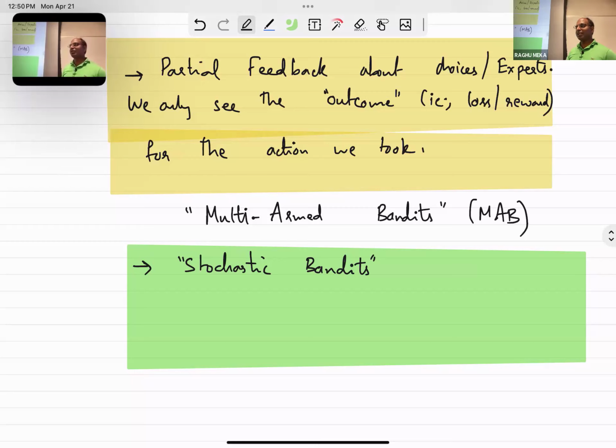It could be that every day we see the loss of one expert and every other expert had a loss of 0. Every expert that we pick, the loss is very high. Then there's no way to do better. There's no clever algorithm you can come up with. Okay. So because we're not seeing the rewards, we need to enforce some consistency even among the unseen rewards. And the natural way to do that would be to assume there is some probability distribution for the reward. Okay. So this is called stochastic bandits, meaning